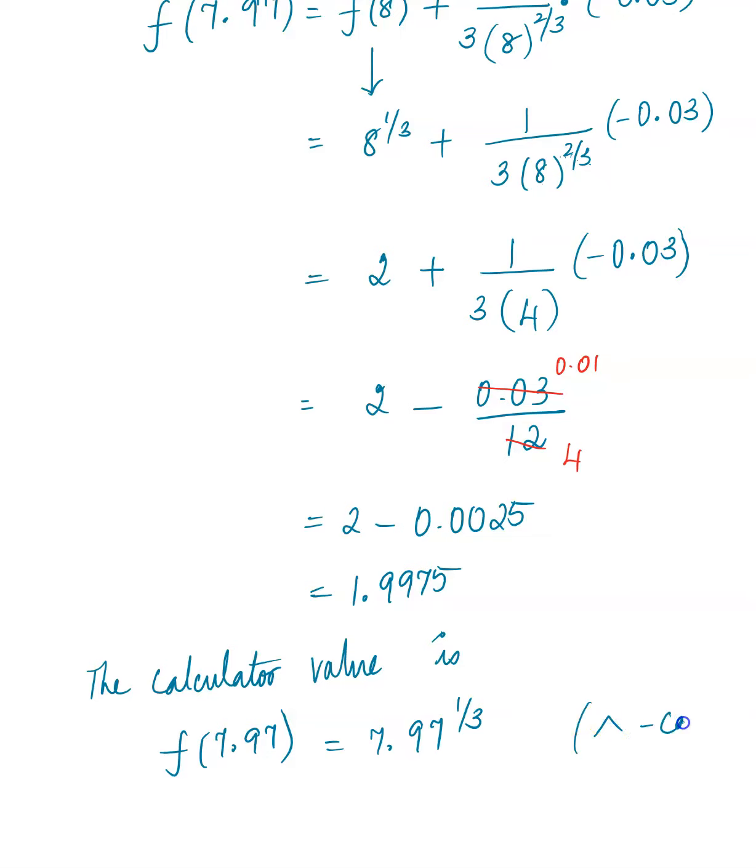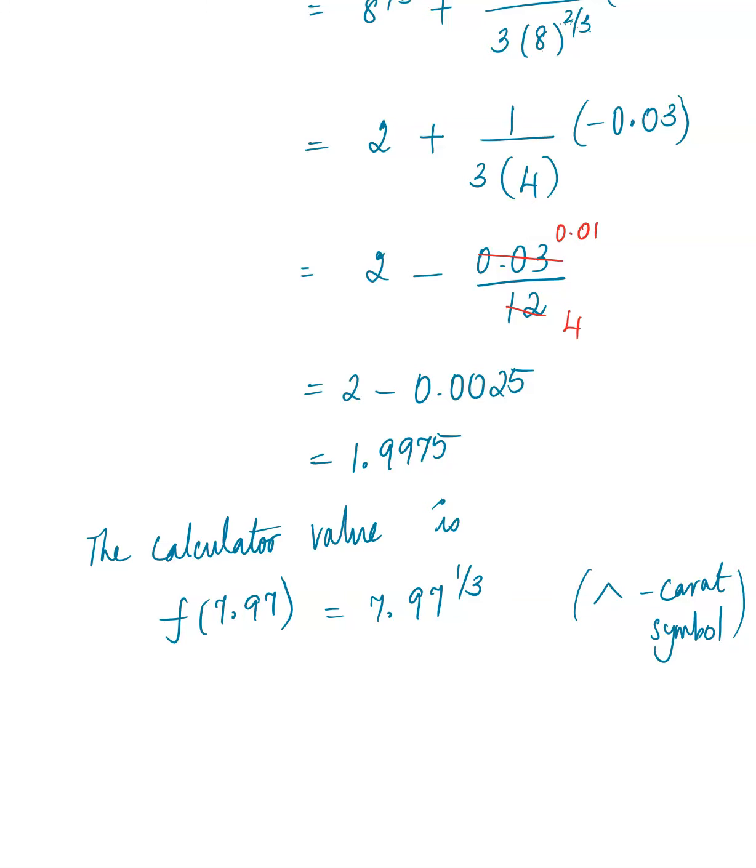This is called the caret symbol, C-A-R-E-T. If you had the x power y button, of course, use that. But if you didn't have that, look for this caret symbol, and that will raise it to the power. And then you're going to do the 1 over 3 there. And that gives us